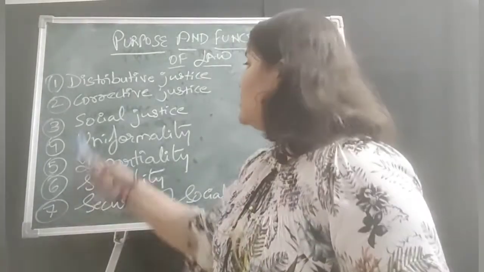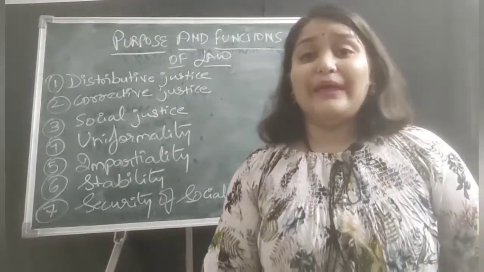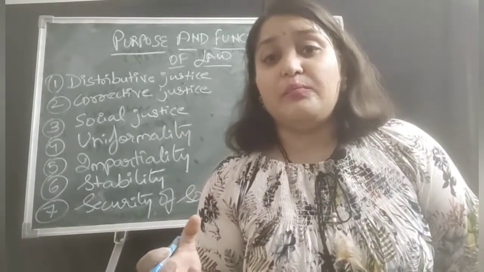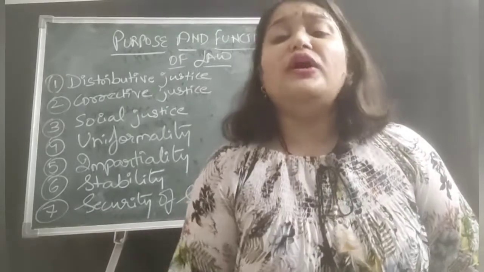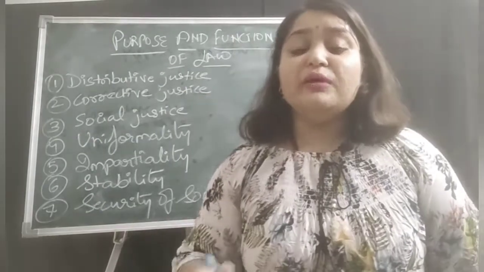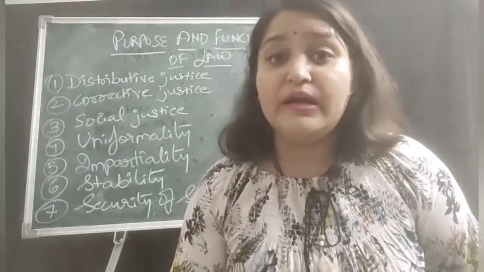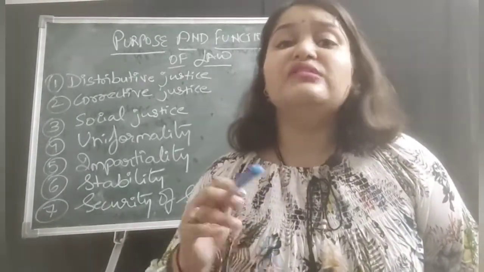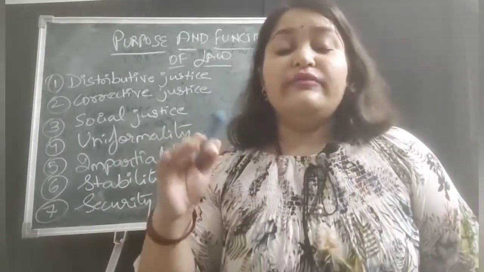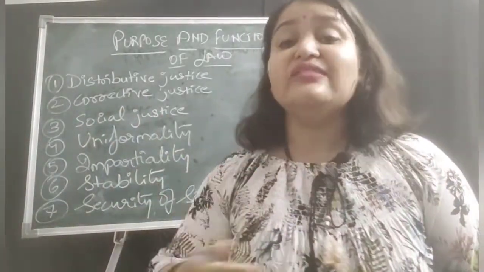Now let's talk about corrective justice. What is corrective justice? Corrective justice basically brings a connection between the wrong and the remedy which he is supposed to give to the person or the group of persons against whom he has committed that wrong. If a person is doing anything wrong, then he is supposed to rectify his act as per law, and he has to compensate the other person or persons against whom the wrong has been committed. Okay, this is corrective justice, that he is correcting his act.